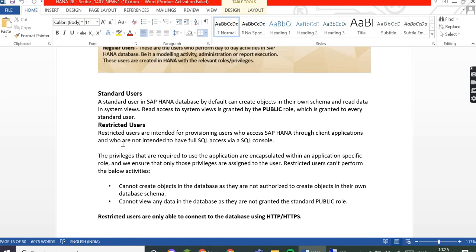So these people are the restricted users. Those users we are creating in HANA DB. So let's see how to create those standard or restricted users and what the difference is.